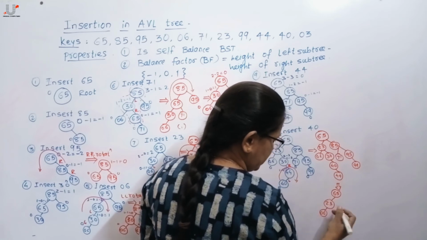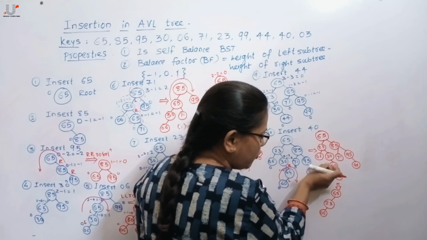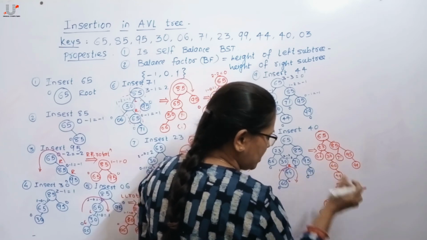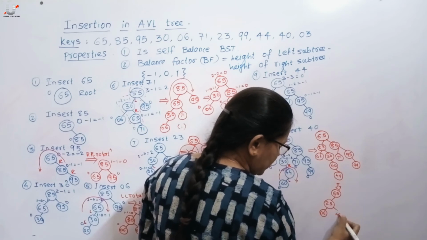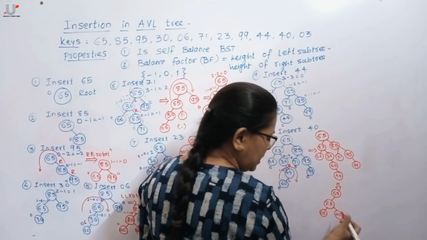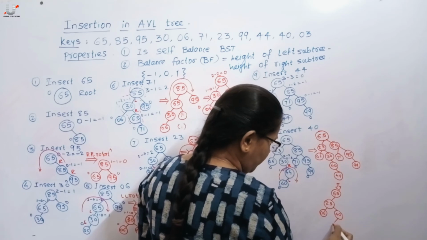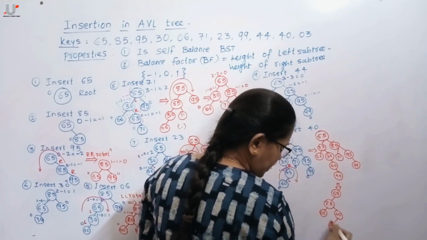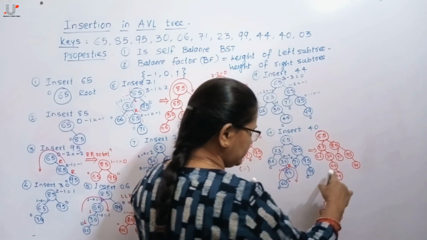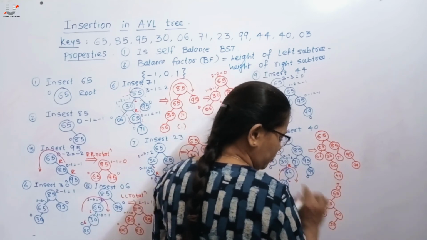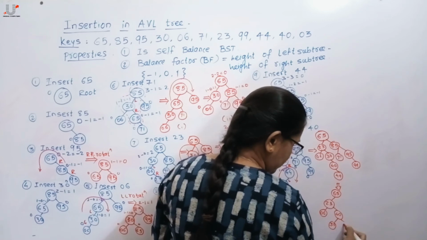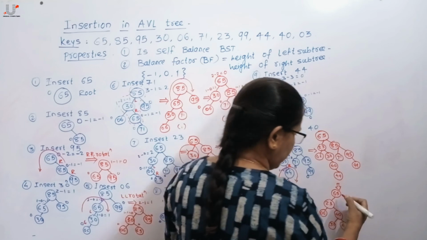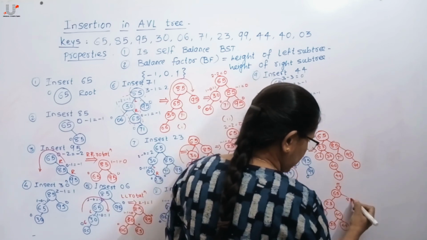To the left of 23 is 6, as 40 becomes the new parent and 30 pulls down. That means to the right of 23 is 40, and to the left of 40 as 30 pulls down, so it gets added to the left of 40. Next 44, it's greater, so it is added as a right child of 40 as no change in the right subtree.